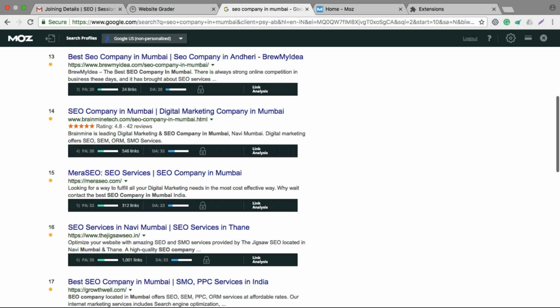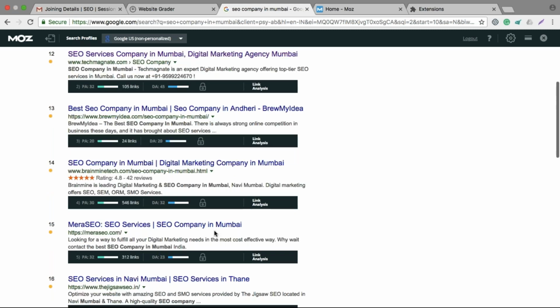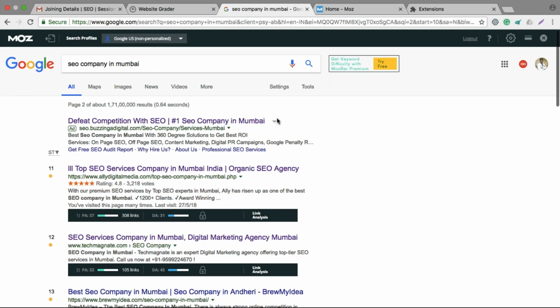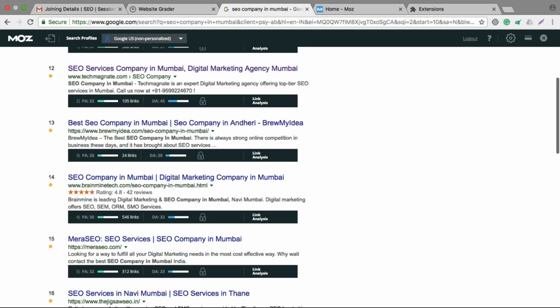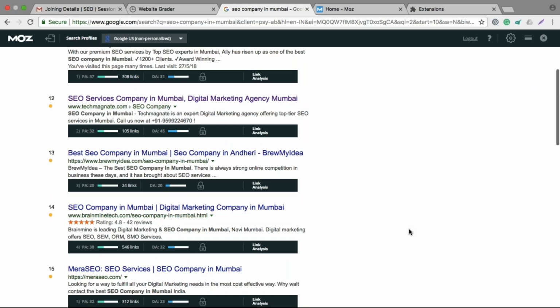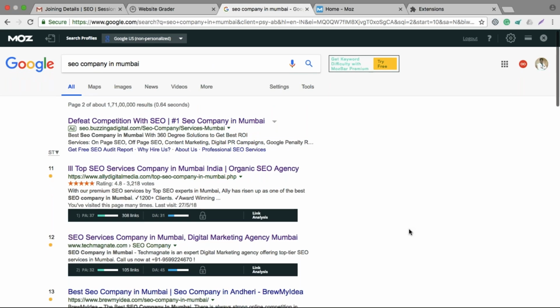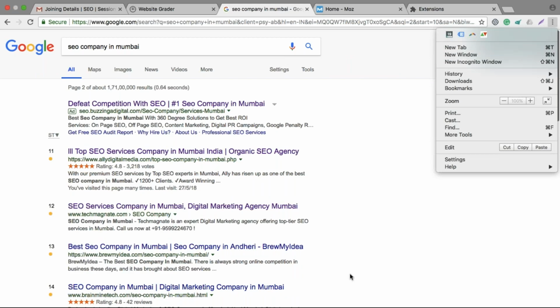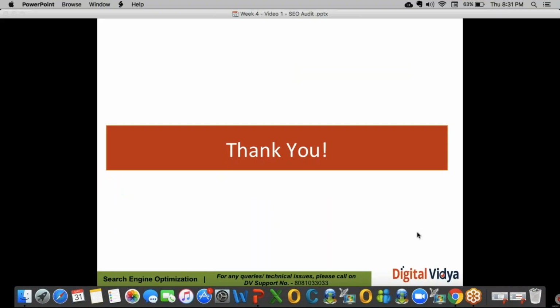So it saves a lot of time. Now you don't need to separately copy a website and paste it into some other tool to check the domain authority and page authority. Just by having this extension, you'll be able to know the domain authority and page authority of a website. And once you are done with manual content outreach, just pause or deactivate this tool. That's it. Don't you think this saves a lot of time?